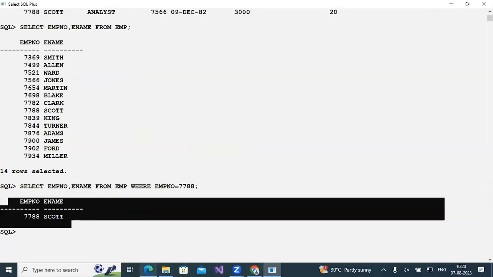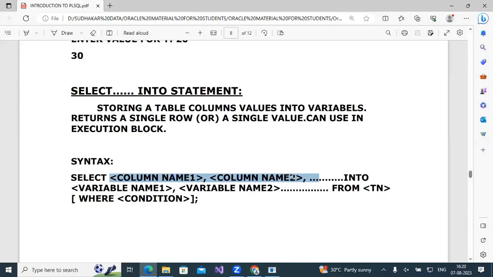Okay, what was my syntax telling? Column names INTO variables. How many columns' data you need to fetch, that many variables you declare and store into those variables. Understand now? And then, from which table are you retrieving these columns? The table name you can also give. And if it is necessary to give a WHERE clause condition, you can use it, because we already know where clause condition we are using for